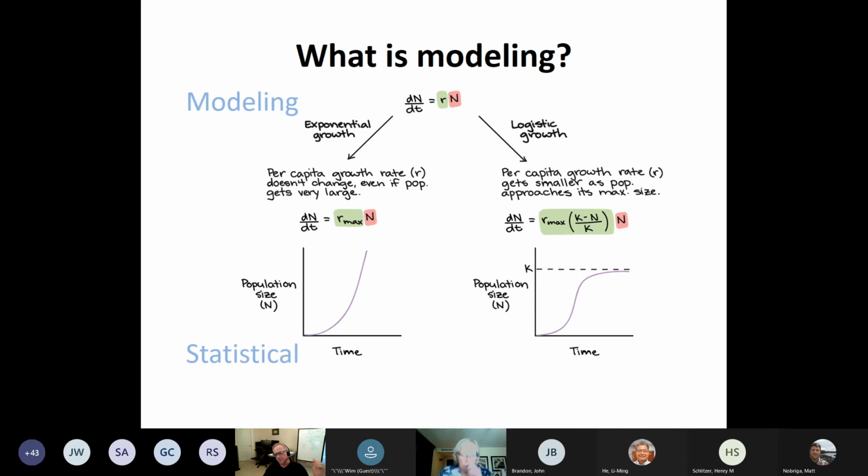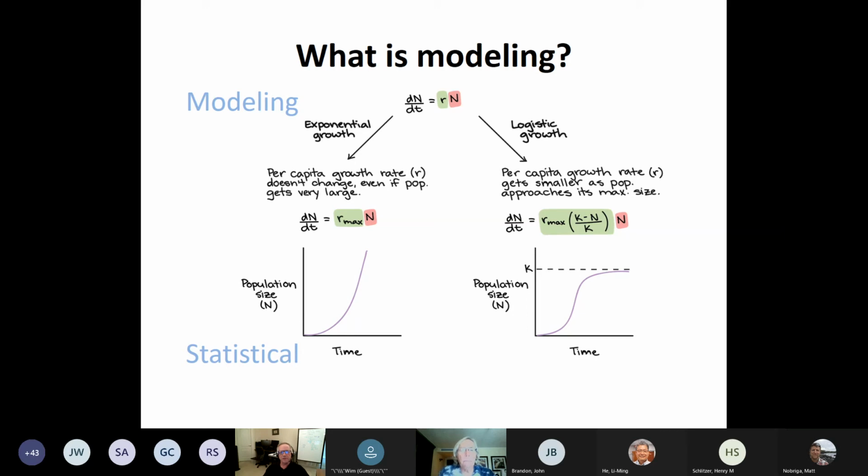I gave a talk recently called Bay 101 here at the Chesapeake Bay, and people sometimes confuse this kind of modeling, simulation modeling, with statistical. So the way you can always tell is if you see a lot of rates of change and derivatives, you're doing simulation modeling. If you're looking at population size and how it correlates to various factors like temperature, you're doing statistical. So the modeling I'm going to talk about is actually differential or difference equations, which you then solve to get that bottom row of population size through time. But you formulate the model on the rate of change of the population.